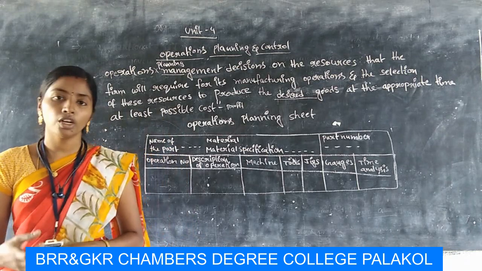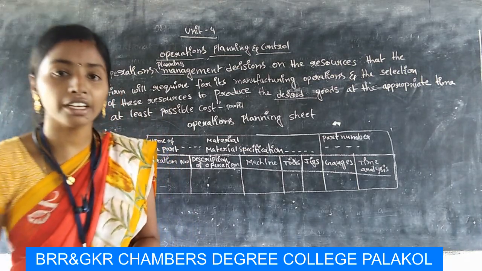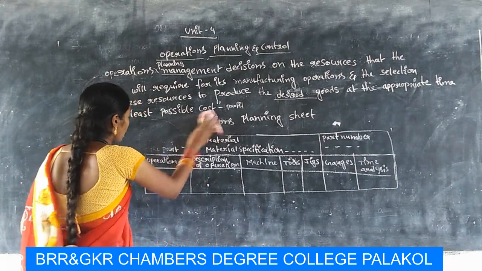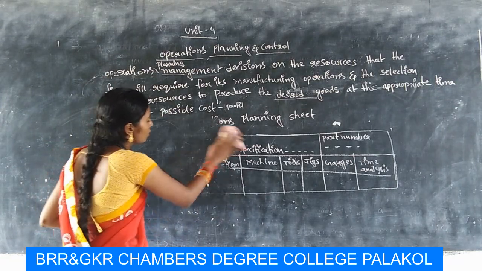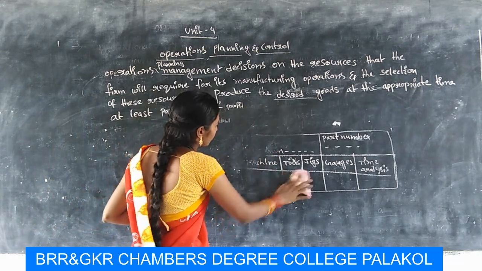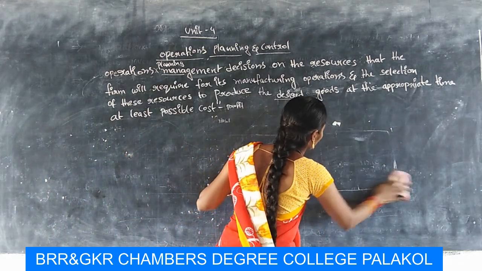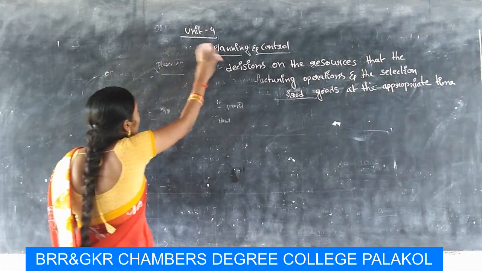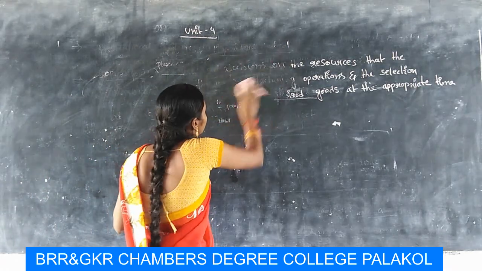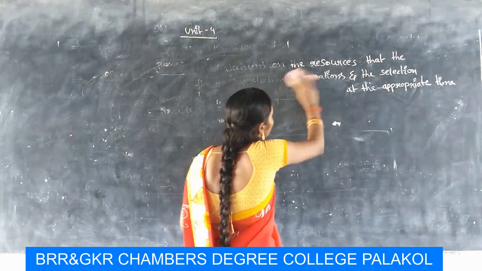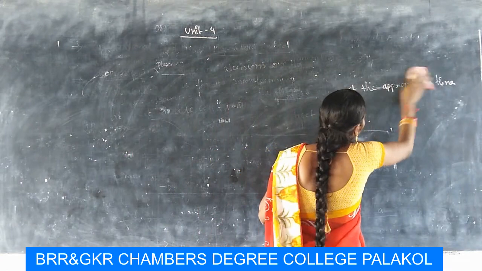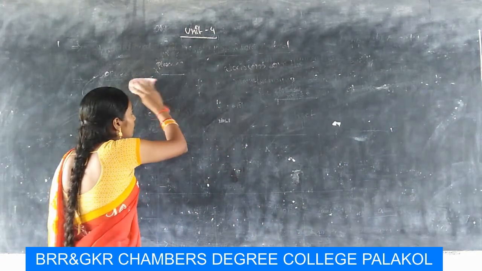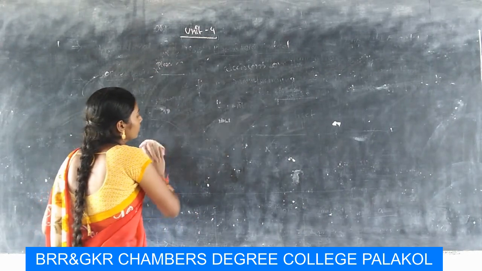Now I am going to tell you about the different kinds of plans that an organization makes. You have to note down these elements in your notes. You have to follow the classes regularly. Next is, what are the different kinds of plans that a business organization is involved in, and how they affect the operations planning decision in the organization.